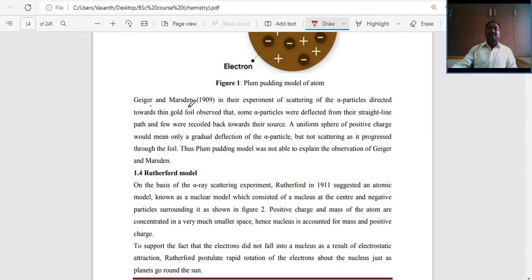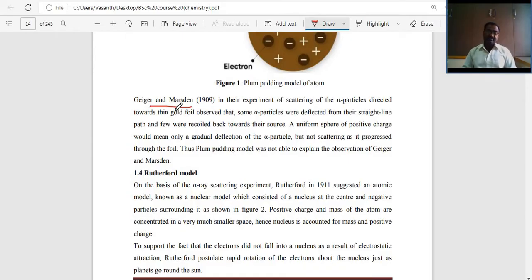In their experiment on the scattering of alpha particles directed towards a thin gold foil, Geiger and Marsden observed that some alpha particles were deflected from their straight-line path and a few were recoiled back towards their source. A uniform sphere of positive charge would mean only a gradual deflection of the alpha particle, but not scattering as it progressed through the foil. Thus, the plum-pudding model was not able to explain these observations, and that is the failure